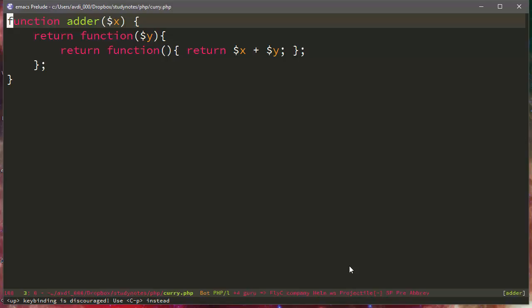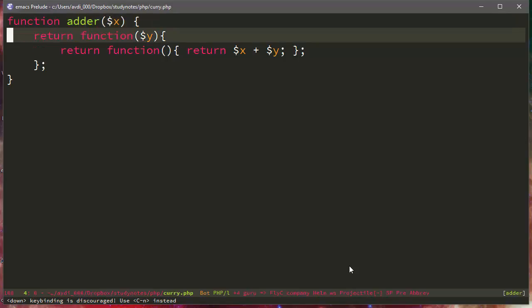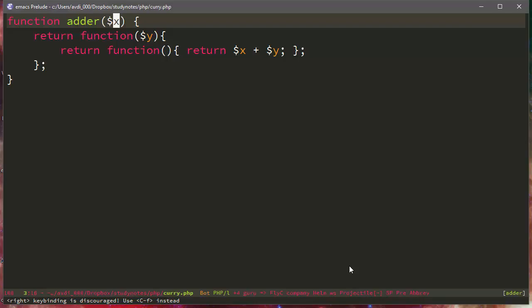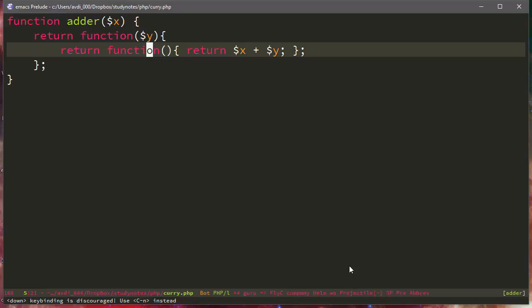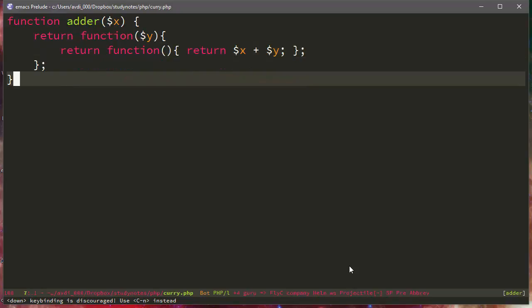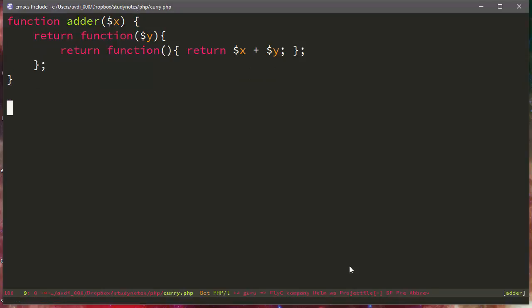We've got an adder function, a named function of one argument, which returns an anonymous function of one argument, which returns another anonymous function of 0 arguments, which performs an addition on the previous 2 arguments. So far, so good. So if we ask PHP about the result of this,